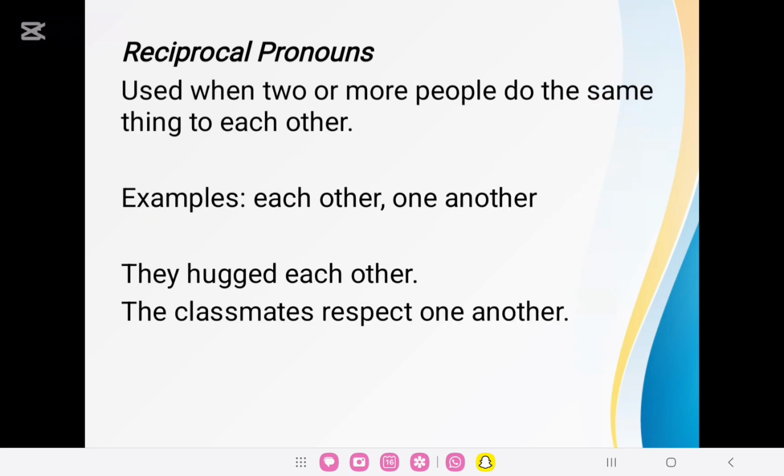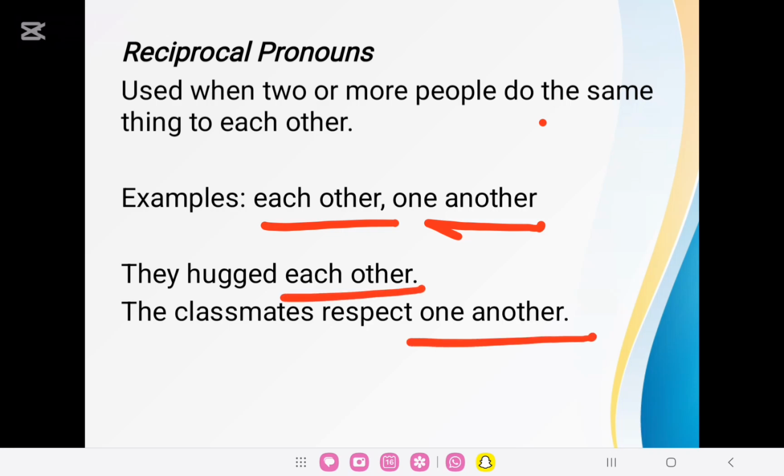Reciprocal pronouns. These reciprocal pronouns are used when two or more people do the same thing to each other. Examples: each other, one another. These are the pronouns that show a mutual relationship, a reciprocal relationship. That's why they are known as reciprocal. They hugged each other. The classmates respect one another. So these are reciprocal pronouns. Then we have